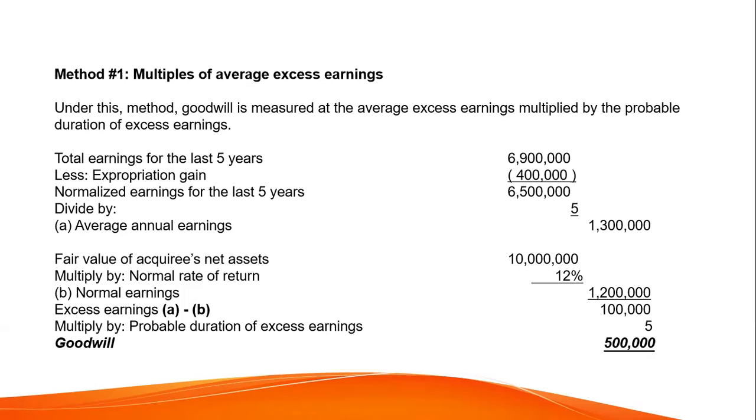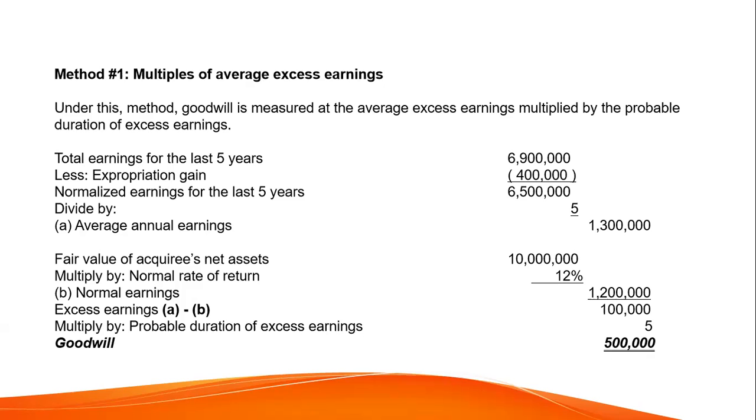Now, this is not an ordinary gain, but this is included in the total earnings. So we have to deduct the normal earnings for the last 5 years is 6,500,000, and we divide this by the period of 5 years,